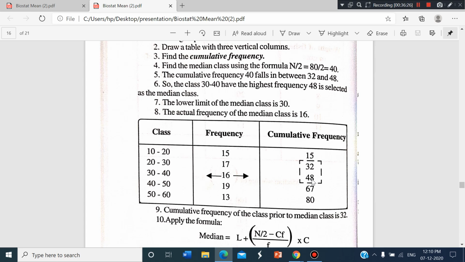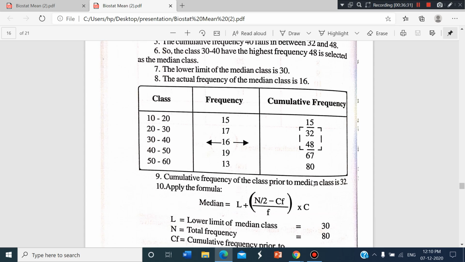Now what you have to do is apply another formula. That is, median equals L plus n by 2 minus Cf divided by F into C. What is L? L is the lower limit of the median class. What is the median class? See here,